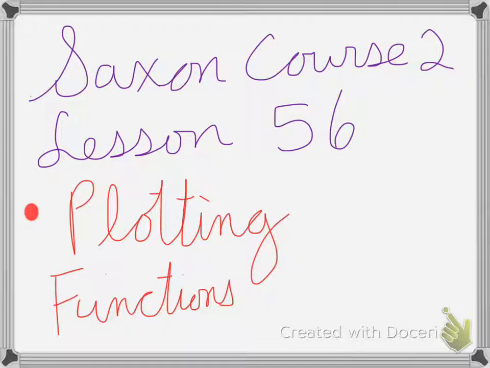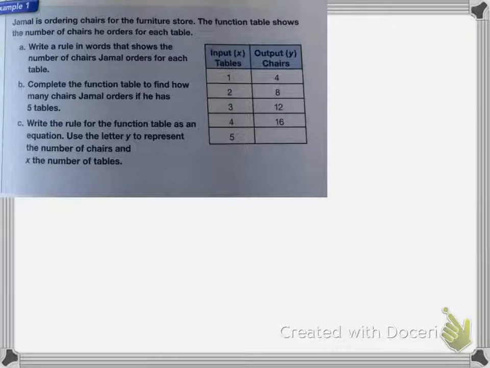Hey, Saxon Course 2, Lesson 56 is on plotting functions. So here, Jamal is ordering chairs for the furniture store. The function table shows the number of chairs he orders for each table. Okay, so write a rule in words that shows the number of chairs Jamal orders for each table, and then